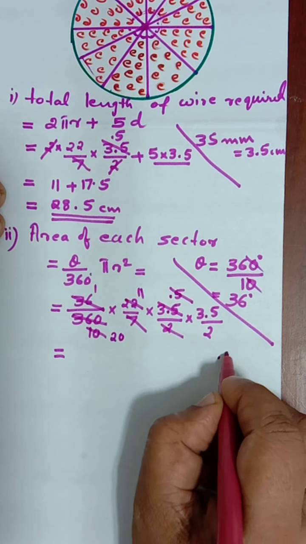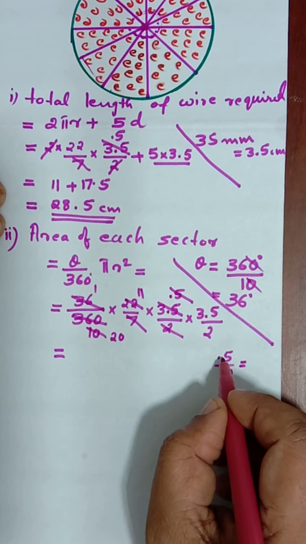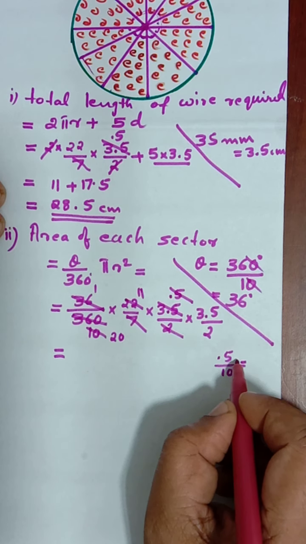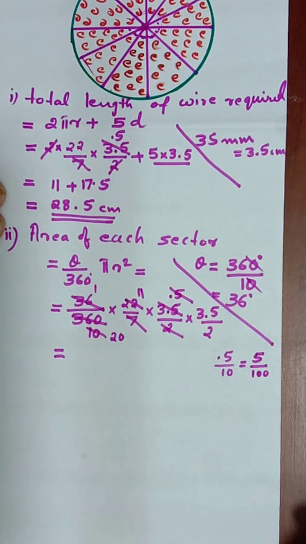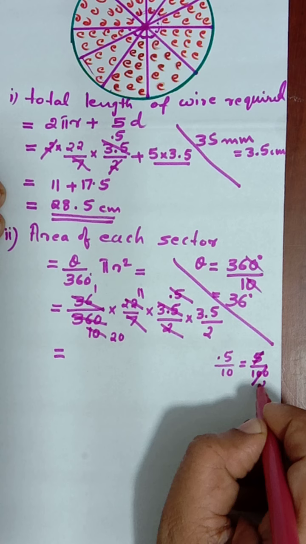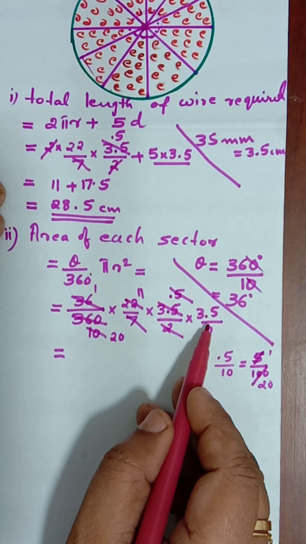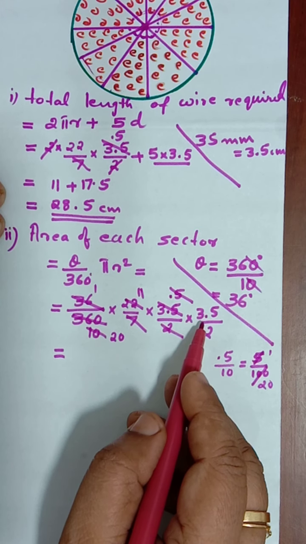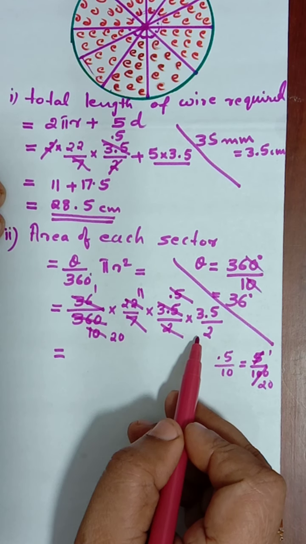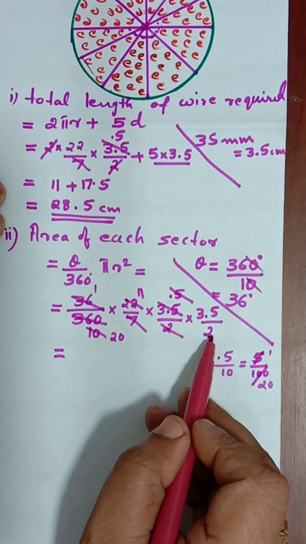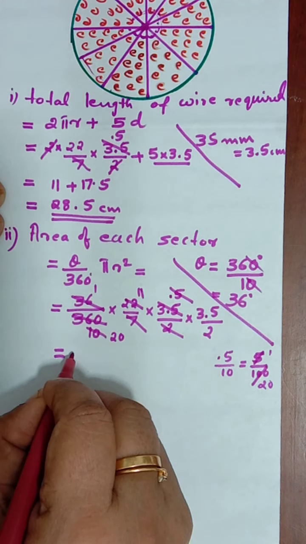0.5 by 10. Those who don't know, it is like this. 0.5 by 10 it is. Multiplication by 5, multiplication by 10, the decimal will be moved. So here also by 10, 5 by 100. That is 5 by 100 is 1 by 20. That's what I wrote, 1 by 20. So 11 into 3.5, here we have to multiply. So at last our answer is 11 into 3.5 divided by 20 into 2 we will be getting. Okay, so our last answer, when you calculate, you will be getting it as equal to